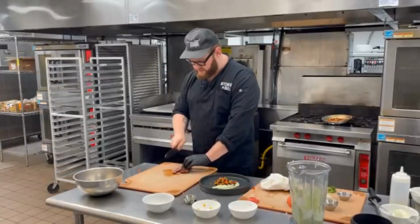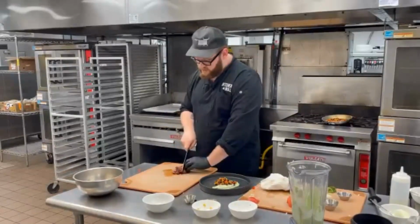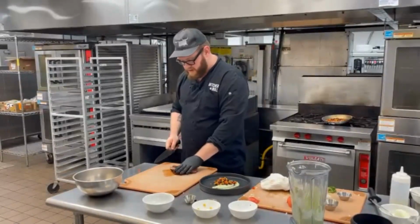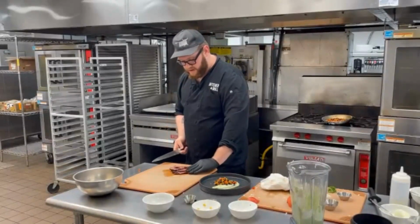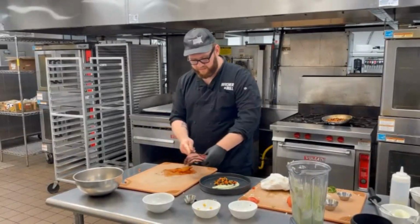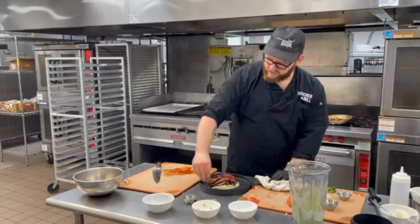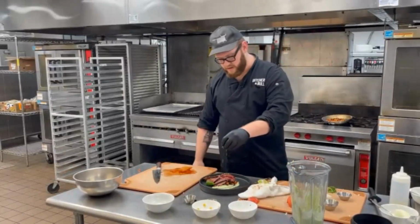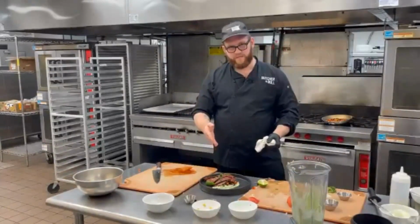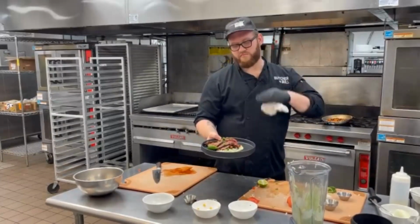So I'm going to go ahead and just give a few slices. Give us a nice medium rare over here. Look at that. Then we're going to go ahead and kind of fan it out a little bit. I have it all where it's one side and then fanned out. Let some of the juice drain off, right on top of our corn salsa there. Throw our lime wedge right there, and a little bit of chopped cilantro on top. And that is our ancho rub flank steak with a little bit of avocado cream and a roasted corn and